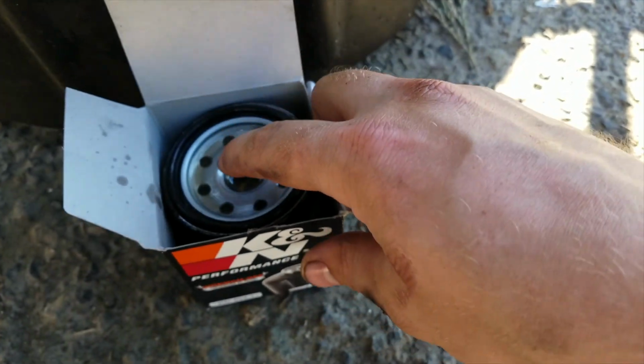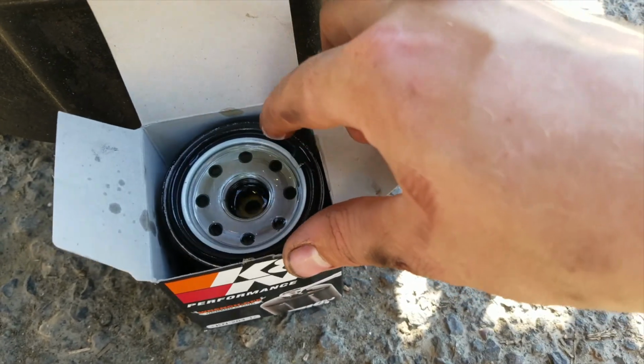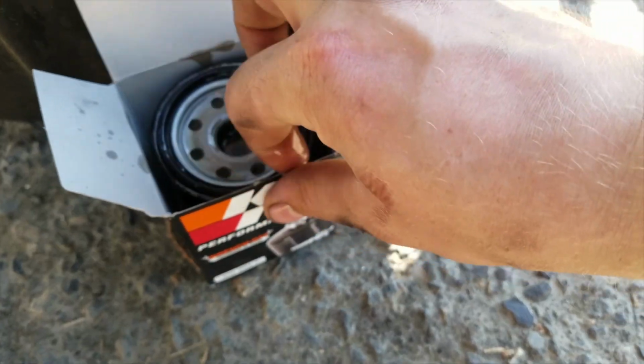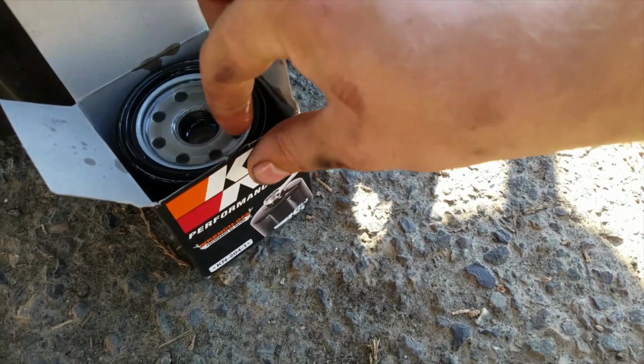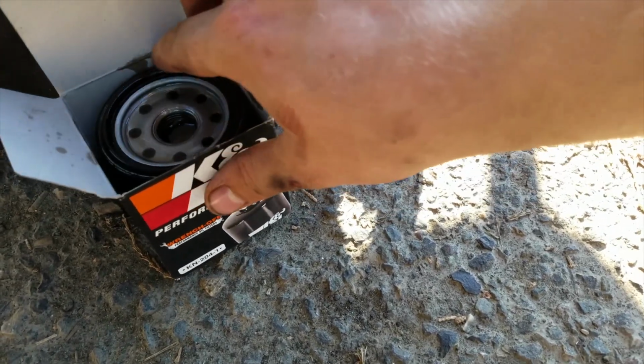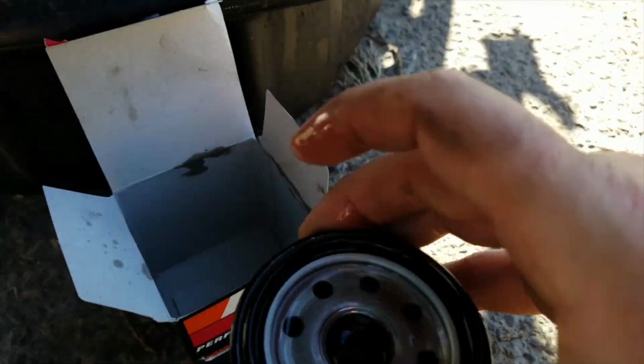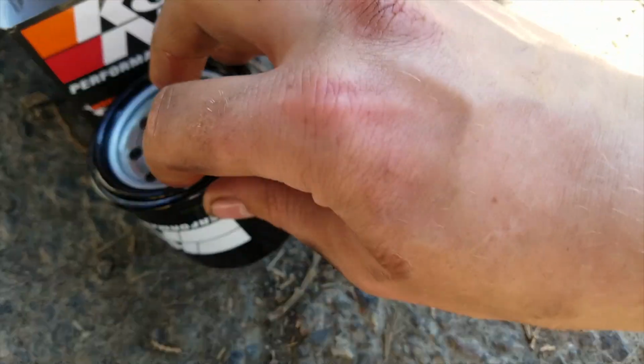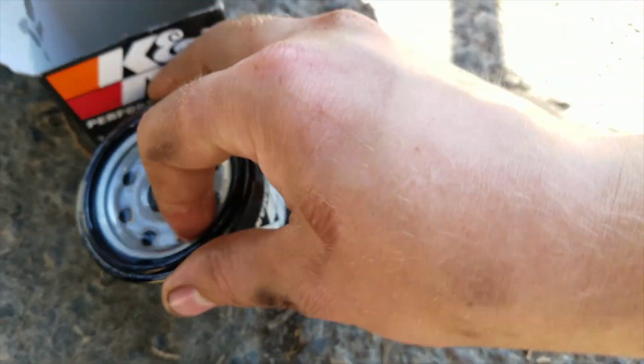Okay, so after you get the oil filter primed, you take oil and you want to go around the ring the entire way. Make sure that ring's nice and oily, because that's going to be your seal, and it needs to be able to expand. They're pretty dry right out of the box, so you got to make sure you do that. And so I just dip my finger into the oil that's already in there and run it around, get it nice and lubed up, and then you can put it up inside